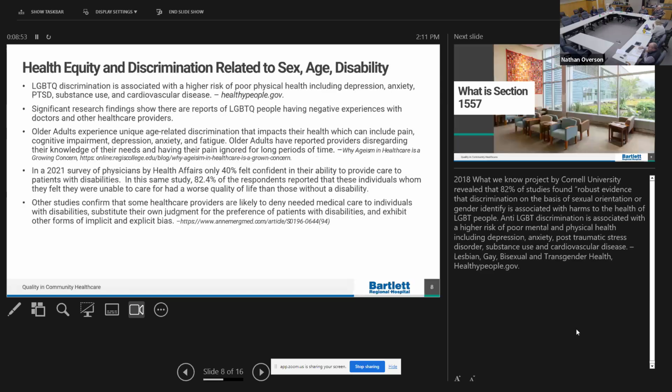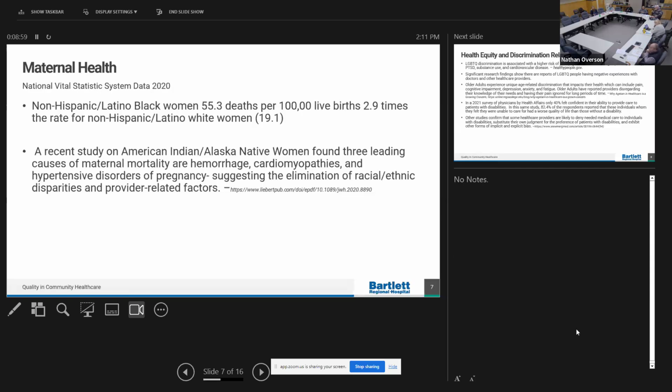Sorry, could I ask you a question about that last one? Yes. Could we see the last one again? The very last sentence ends with suggesting the elimination of racial ethnic disparities in provider. As I read that, it doesn't suggest to me that those disparities are eliminated. Could you explain the point you're trying to make with that second bullet? So this was a quote from this